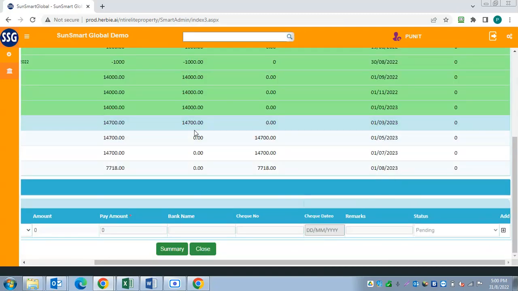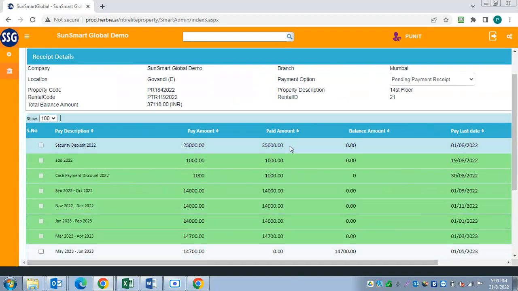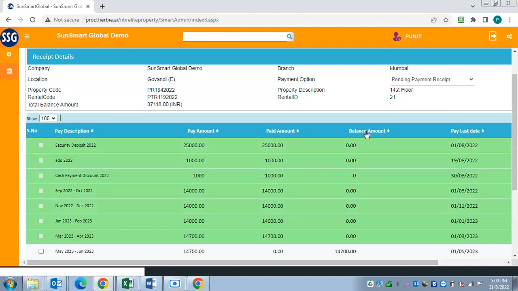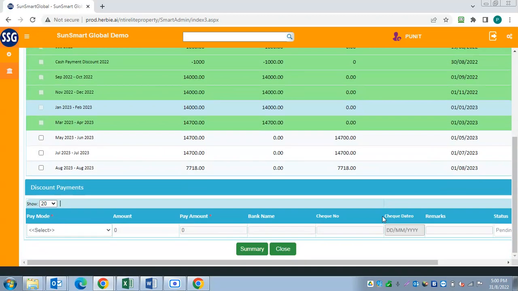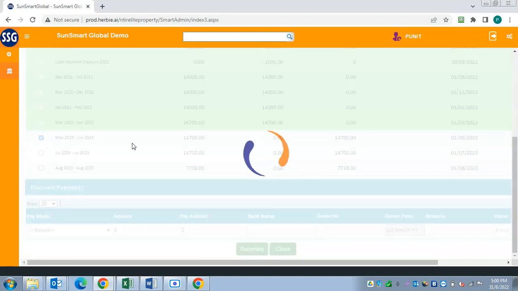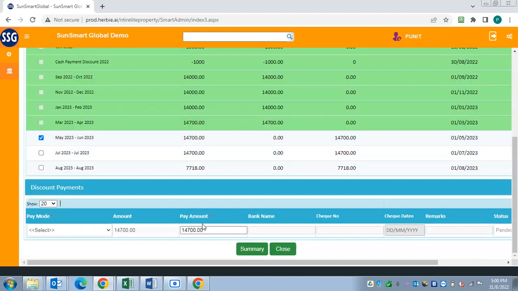Like you can see over here, it has been turned green. It means now the paid amount is updated and the balance amount is zero for this month. Similarly, for example, if any tenant is making a partial payment,